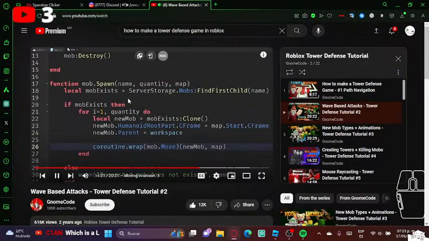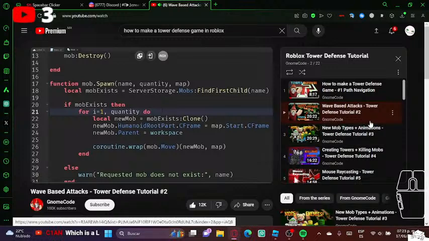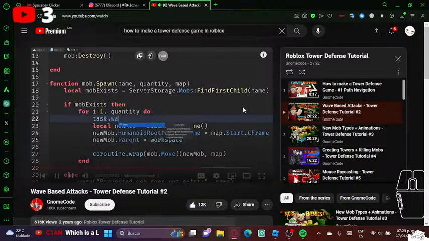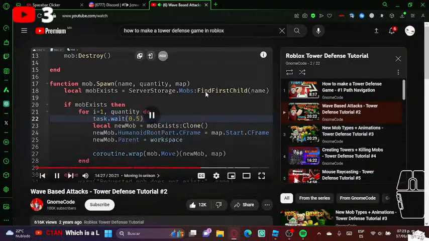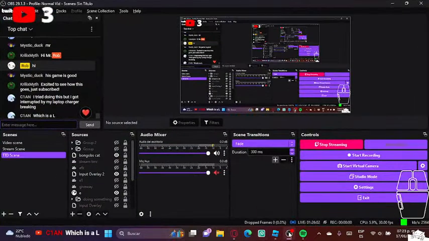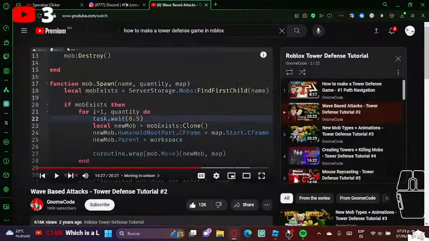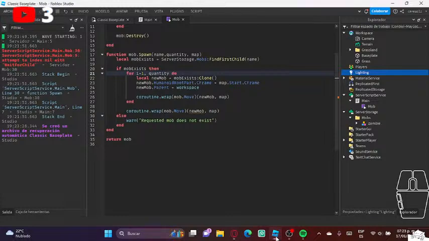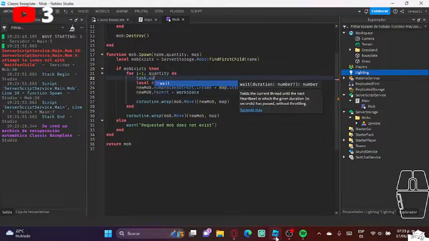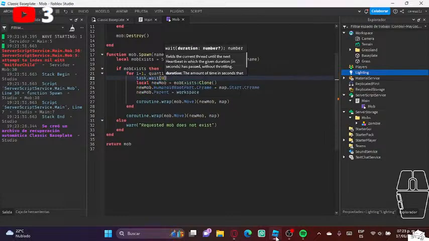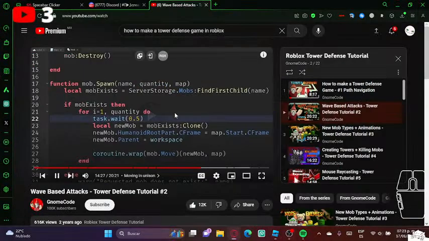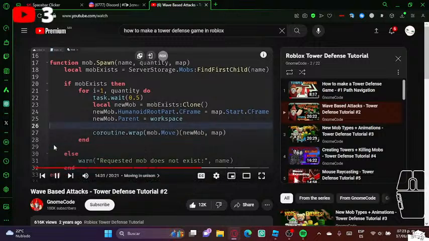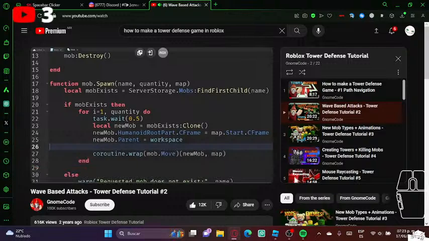Now, we don't want them to all spawn in simultaneously, so let's try a half a second wait between each unit being spawned. And now inside our main script,